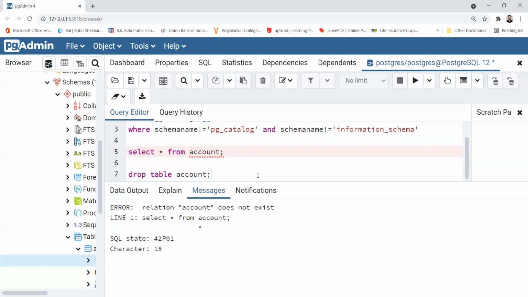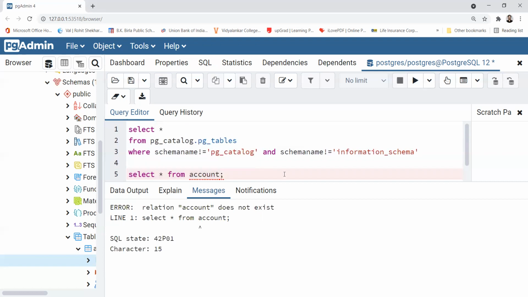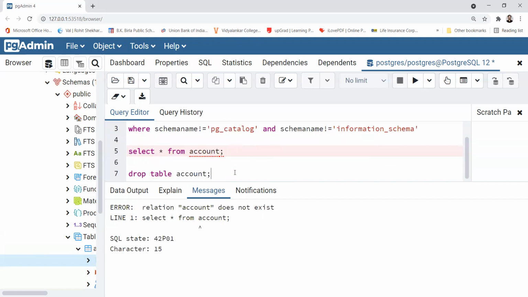So in this particular video we saw how to see the tables that are already there in the database, and if we do not need a particular table, how to drop it. And when you drop it, you have to be really careful, because the moment you drop a table, it is not recoverable. Okay. So I'm sure you must have understood all the concepts that we saw in this particular video.